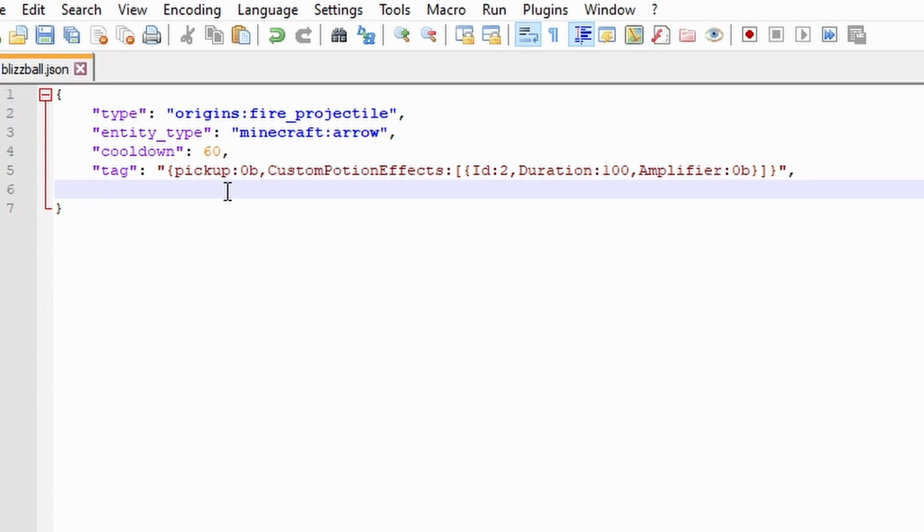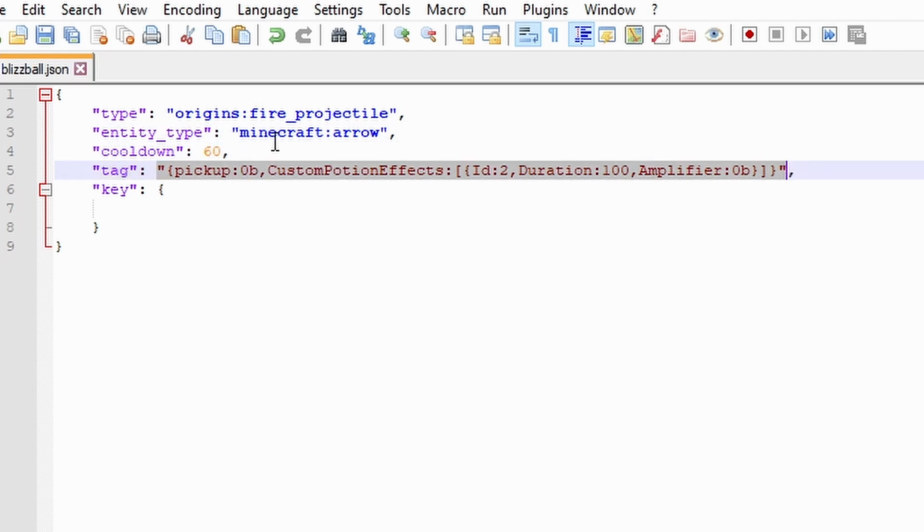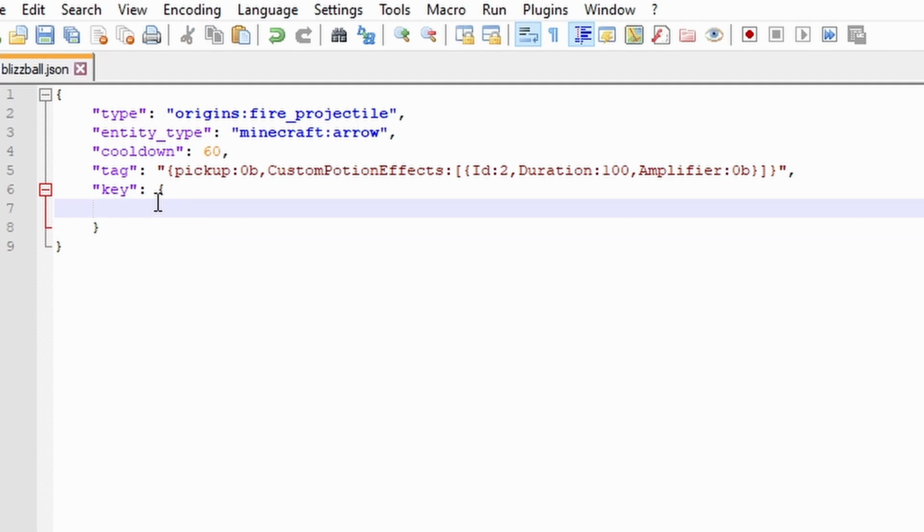Next is the key, which is really simple to use. I want this to fire when you press the primary active key. So you need to make a key object by making something that looks like this, with, instead of an integer after the colon or speech marks for a string, you would put curly brackets to specify that the things that are inside of here are part of the key object. So inside of here, we would need to put key again. But this time we put speech marks, and inside the speech marks we put key.origins.primary_active